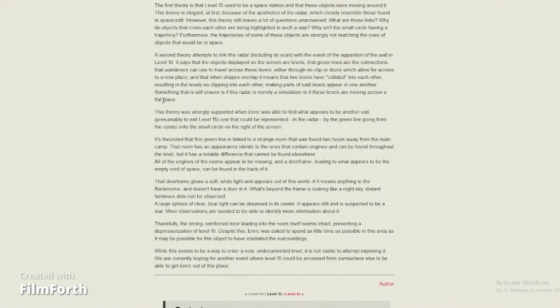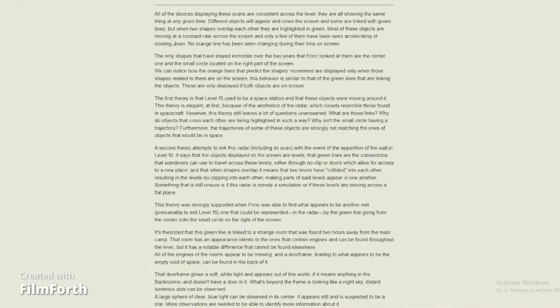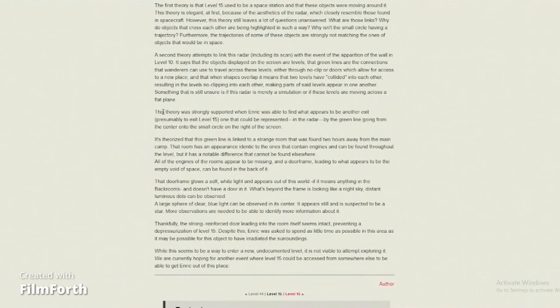Alright, so yeah, it's adding mystery to the whole Backrooms. This theory was strongly supported when Enric was able to find what appears to be another exit, presumably to exit level 15, one that could be represented in the radar by a green line going across the center onto the small circle on the right of the screen. It's theorized that this green line is linked to a strange room that was found 2 hours away from the main camp. That room has an appearance identical